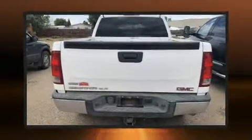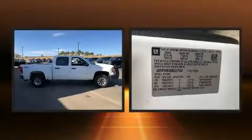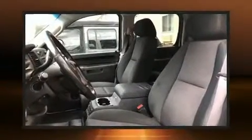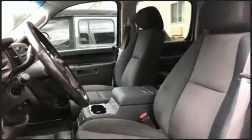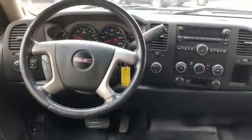Treat yourself to a test drive in the 2011 GMC Sierra 1500. It features an automatic transmission, four-wheel drive, and a powerful 8-cylinder engine. Top features include a split folding rear seat, variably intermittent wipers, a rear step bumper, fully automatic headlights, and cruise